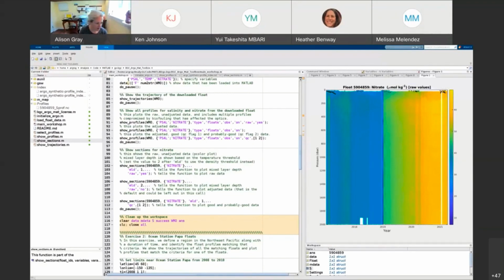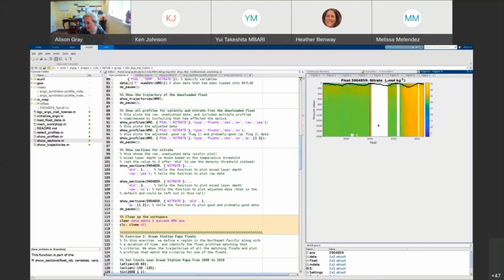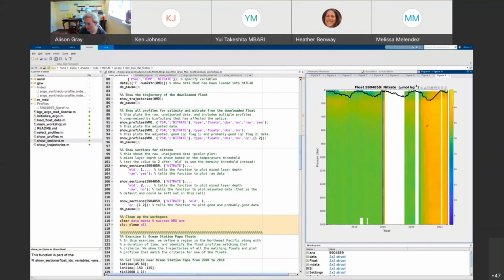And then if we look now at the adjusted data, we can see that we've kind of removed the most offending data, and things are looking better. And also, you'll note here I've used a density criterion to calculate the mixed layer depth, so that works much better in the high latitude Southern Ocean, as expected. And then we also have some data that dropped out where the data was not able to be adjusted. And then the last but not least is where we just have QC 1 and 2,